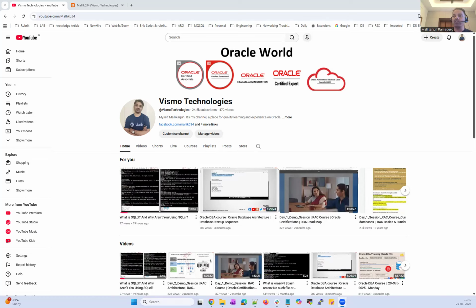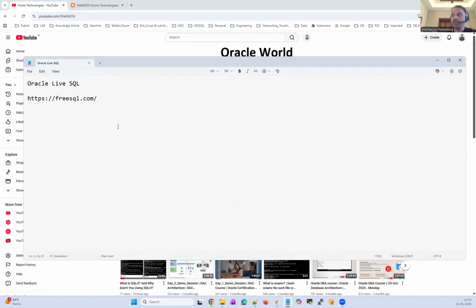Once you are a DBA and you know the architecture part, you'll be able to set up your own lab. But what I'm trying to explain here is that there is an Oracle-provided free live lab where you can launch a free SQL command interpreter, practice your SQL commands and do hands-on exercises. So, before I go into that lab exercise, the Oracle Live Labs or the free SQL lab,